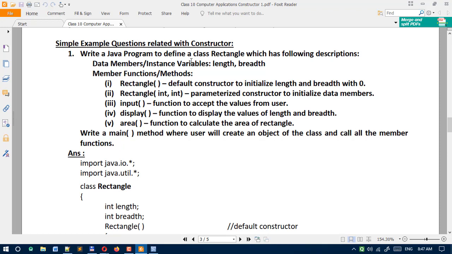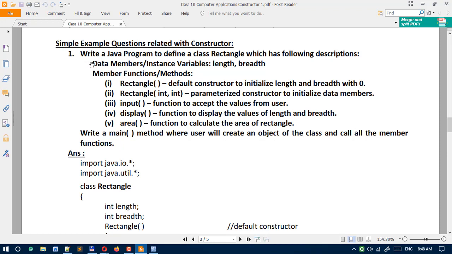Write a Java program to define a class rectangle. Same as given in the class and object based question, the class name is clearly defined here. You should use the class name given in the question, so the class name is rectangle, and the same class name we have to use, which has the following description.